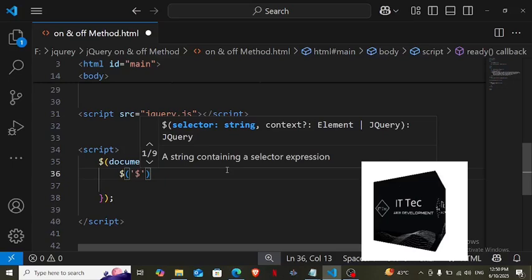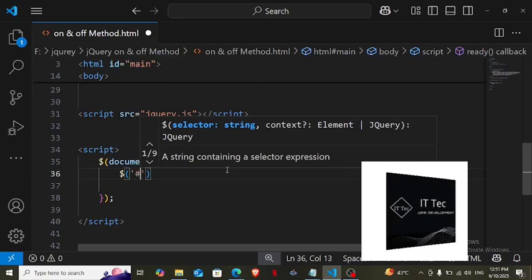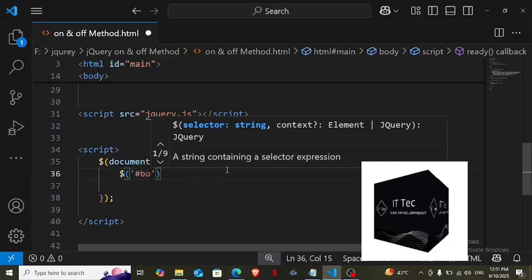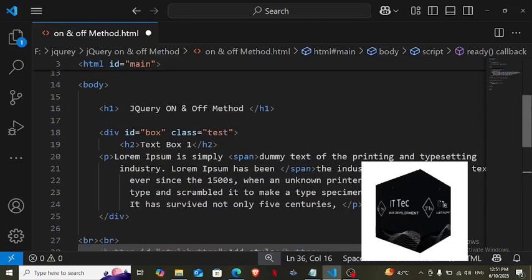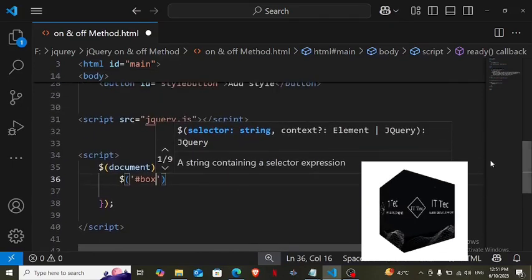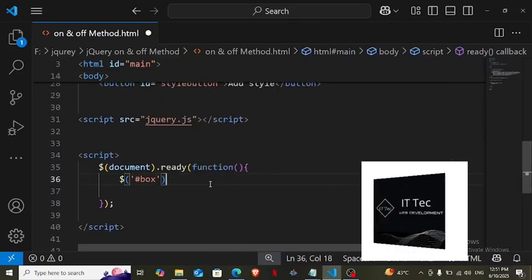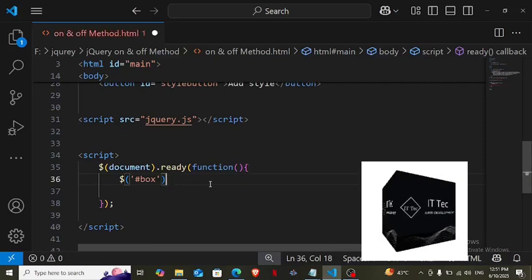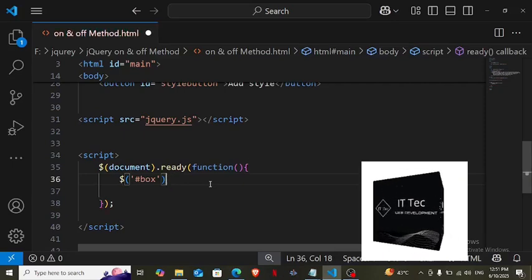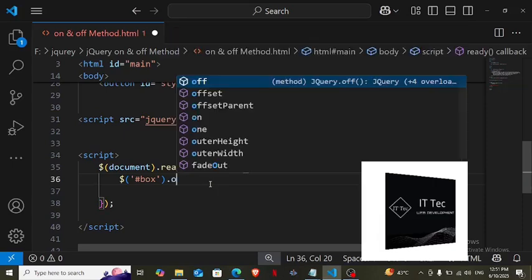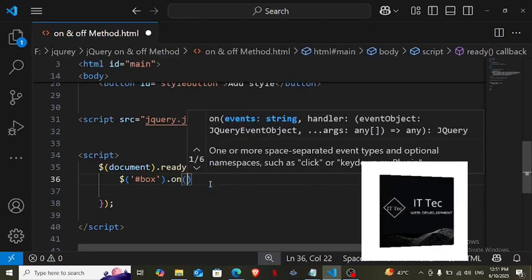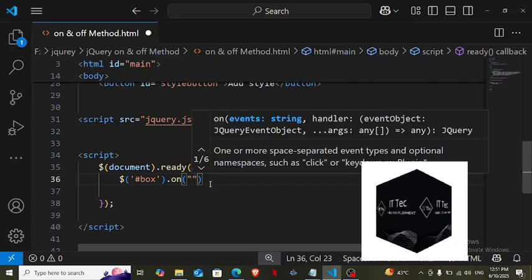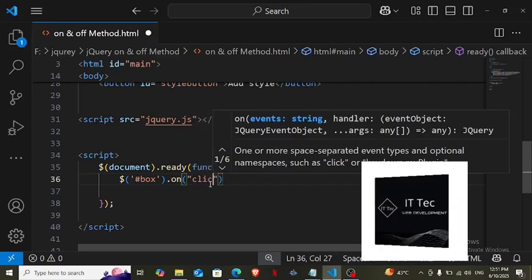Document ready: I have created a selector for the document, in front of which I have added the ready method. Look at the function inside this. We have written our basic code. Now inside this, I want that as soon as I click on the box, its background color should change, and I will apply this event using the click method. See how I will apply it. First I take my selector, and I have applied an ID to the box above. Then I write on here, and inside these round brackets we will have 2 parameters. The first parameter is